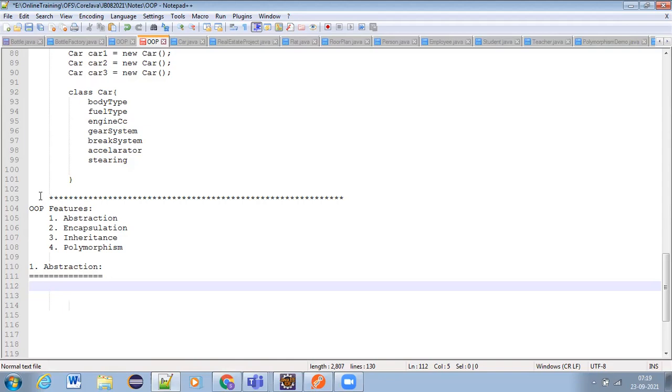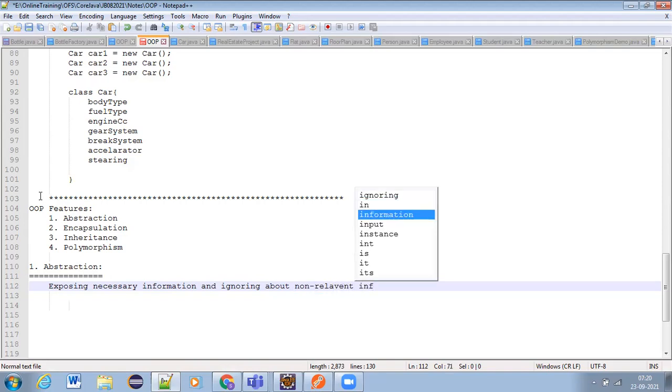Now abstraction. So what is abstraction? In simple words, we can define abstraction as exposing necessary information and ignoring unnecessary or non-relevant information.